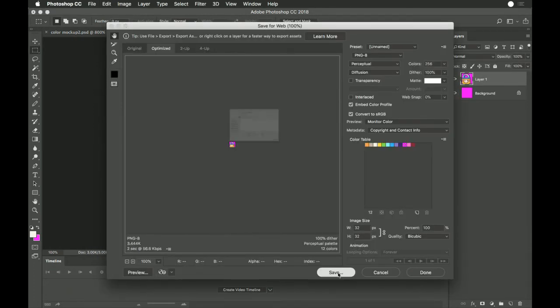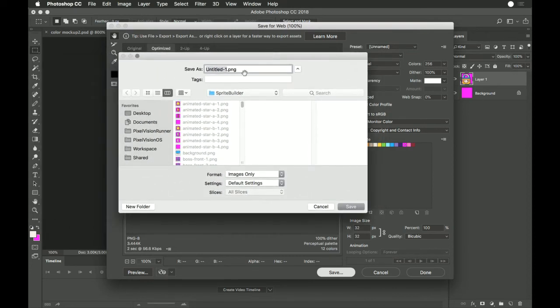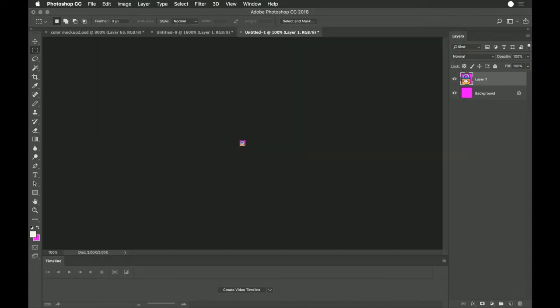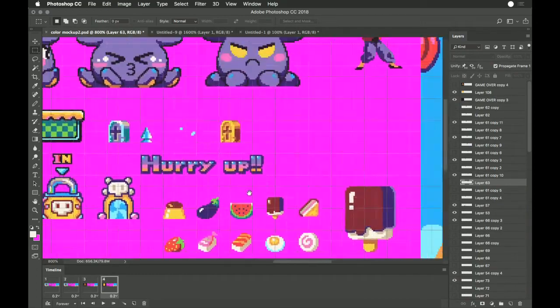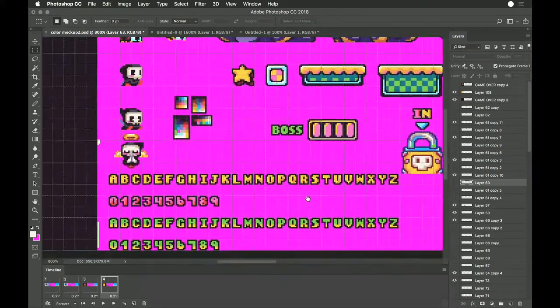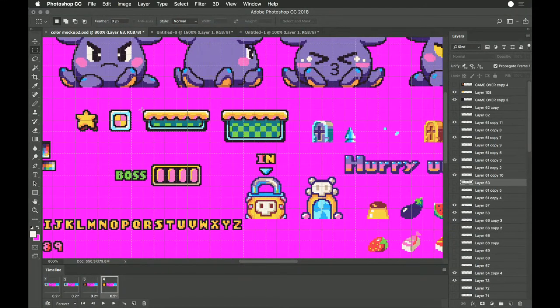Let's save this out. How many colors are in that? 12 colors. Yeah, this game is going to be the opposite of what I originally started Pixel Vision 8 out doing. All right, so I want to do